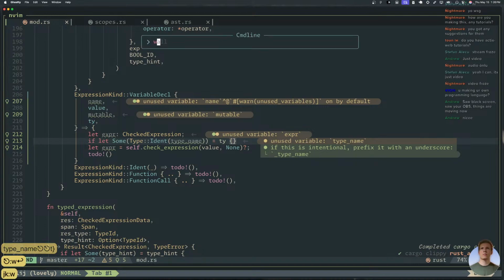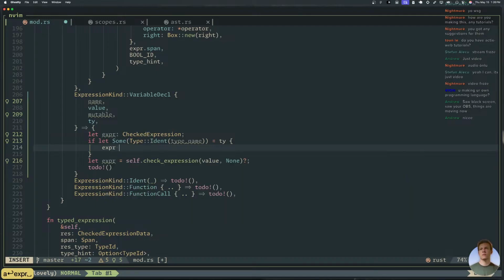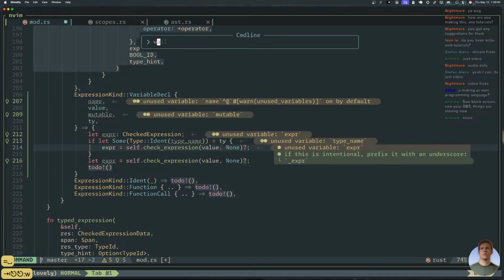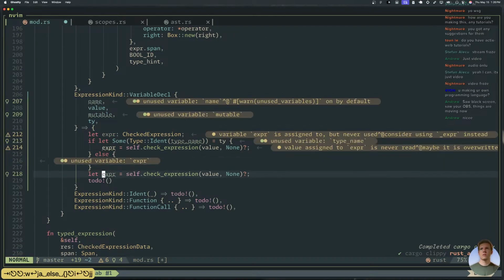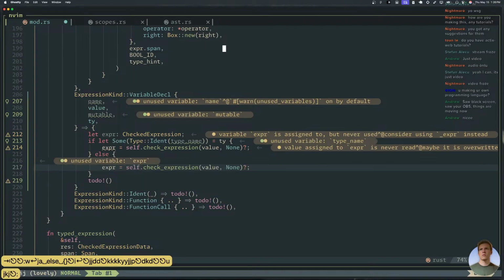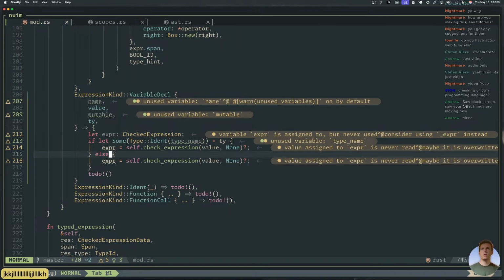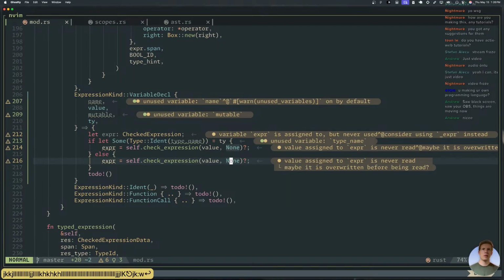Does that work? Yeah. So this is a string. Perfect. So if there's no type here, then there's no type hint, right? It can be anything.